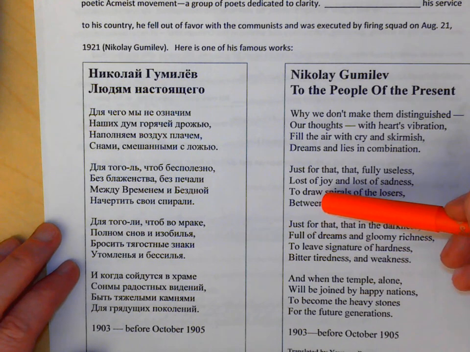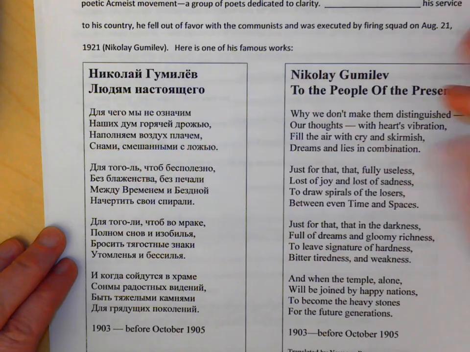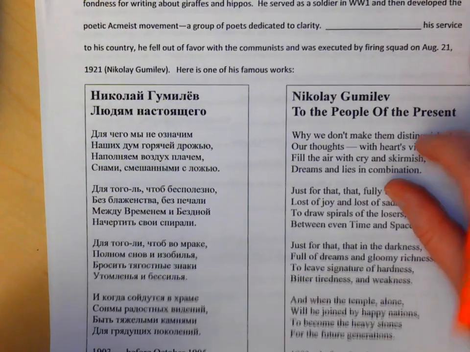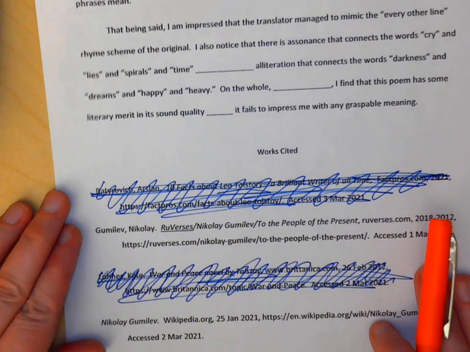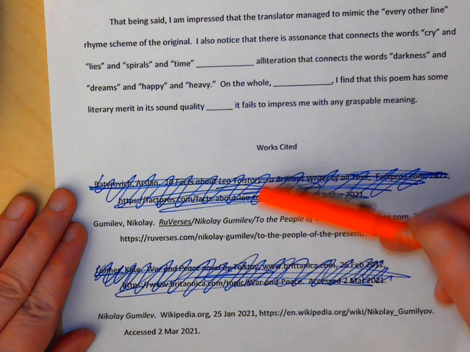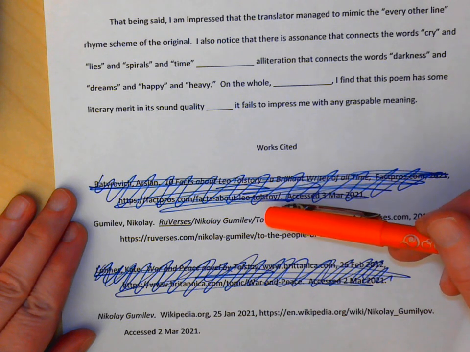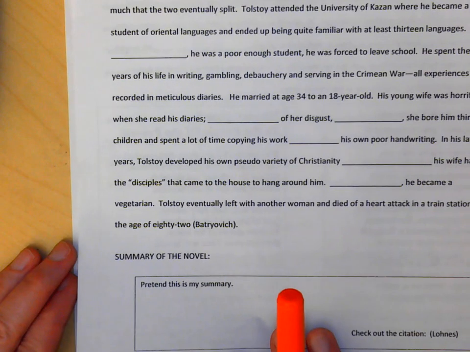I don't even like this poem, but there's my poem translated in English. There it is in Russian. And then as we get to the second page, I have my two works cited. I actually made my in-class kids do a little bit more work because I could be right here to check their works cited. So you guys should have just two. What we're going to now add is